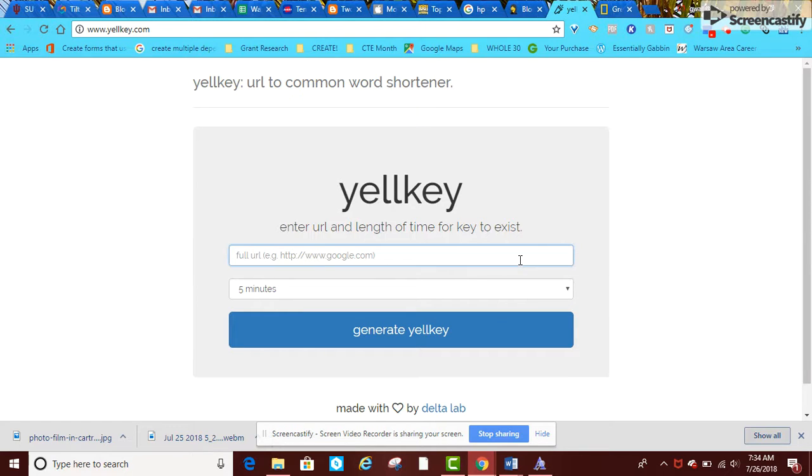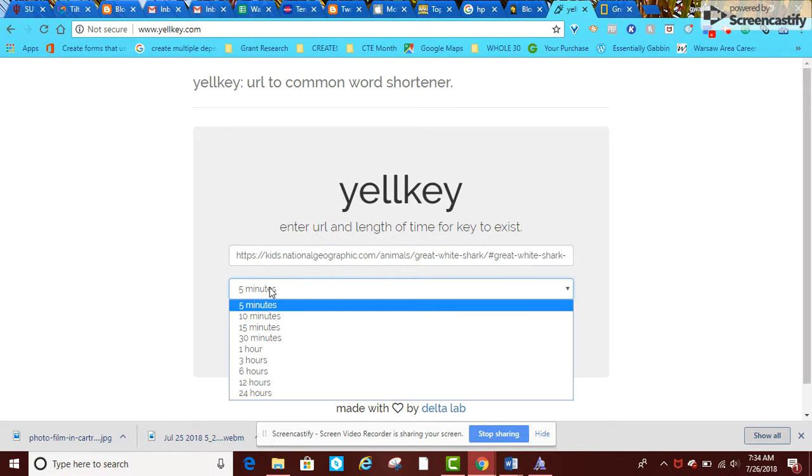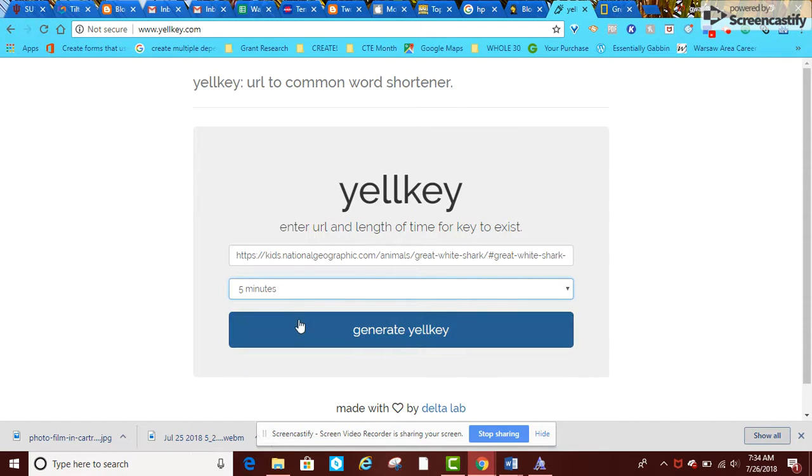access. So I learned about this website called Yellkey.com, and what you do is you copy and paste your URL. So this was the really long URL I wanted them to go to, National Geographic Great White Sharks. What you do is you click on a length of time that you want this key to exist for. So I'll just say 5 minutes. You click Generate Yellkey,